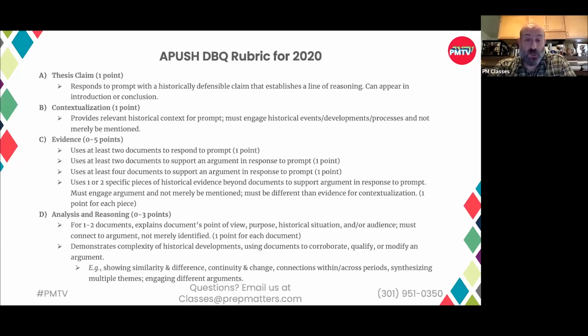So for example, we looked a couple weeks ago at the anti-slavery DBQ and thinking about how the market revolution and the demand for cotton shape the politics of slavery in antebellum America. So it's not enough. The big thing here, students often have an idea about context. The big thing to make sure to get your point is that you're not just dropping in the reference, but that you're really engaging how the context shapes what you're talking about.